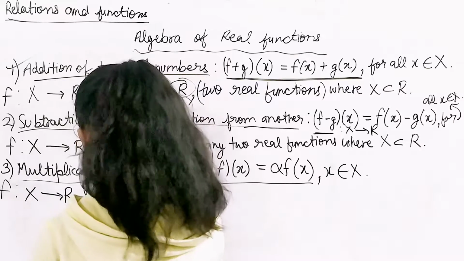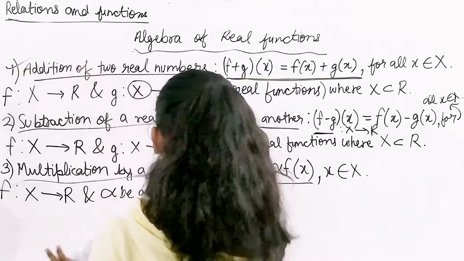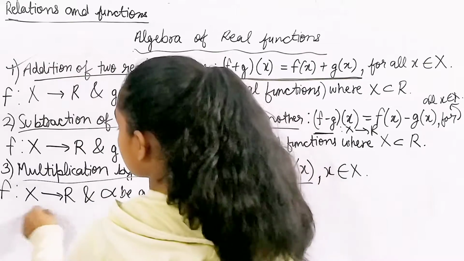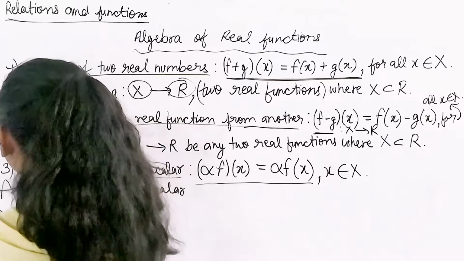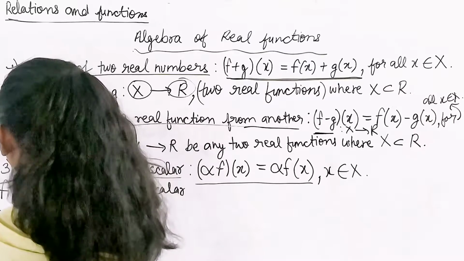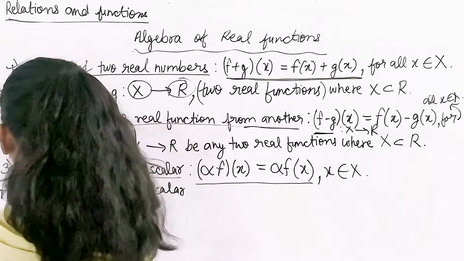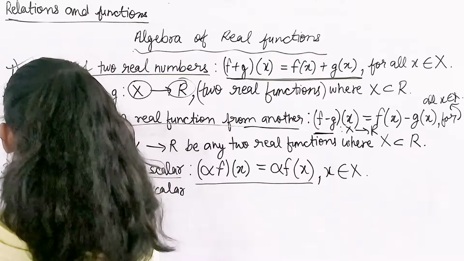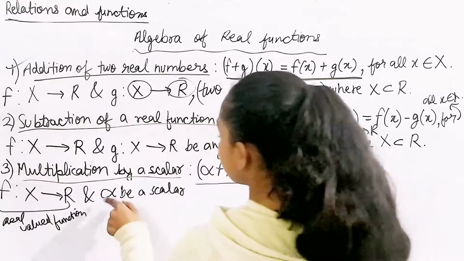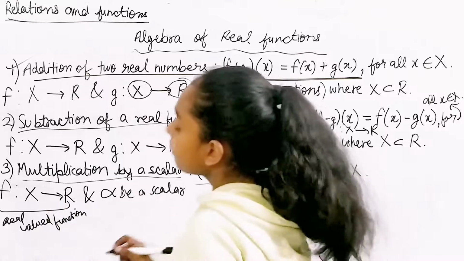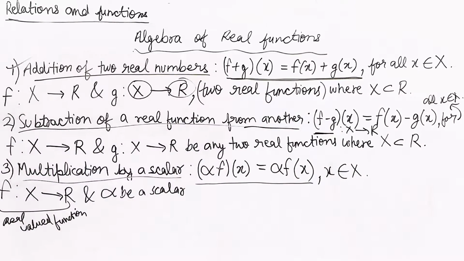Okay, so this is a real valued function, and alpha be a scalar. Then what are we going to say? Then,